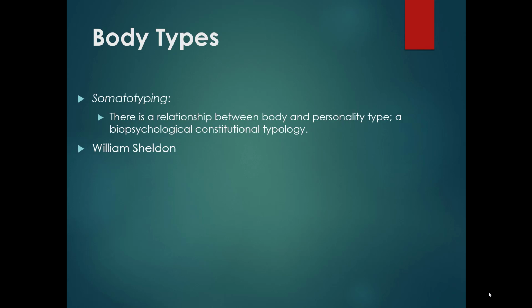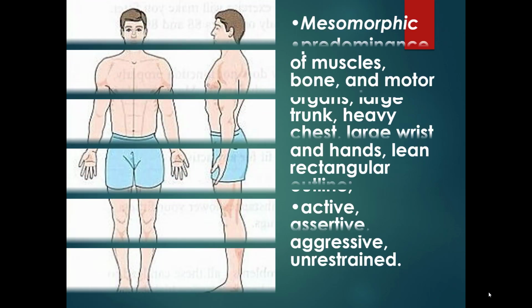The work that William Sheldon did really caught on during the 1940s and was still very popular during the 1950s. In fact, courts in the 40s and 50s commonly used this body typing in order to determine whether a troubled child needed to be institutionalized. So they took William Sheldon's theory quite seriously, although when you see what his theory is about with your 21st century mind, you'll probably think, well, that's crazy. But in fact, it was a well respected theory. So let's take a look at Sheldon's body types.